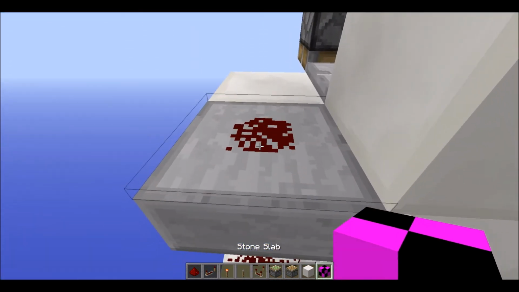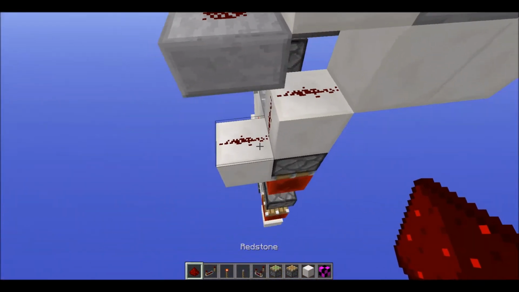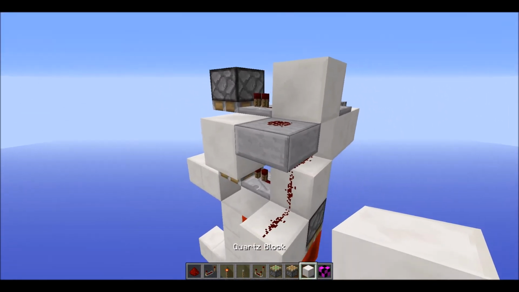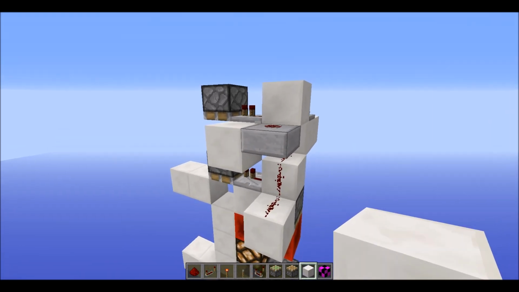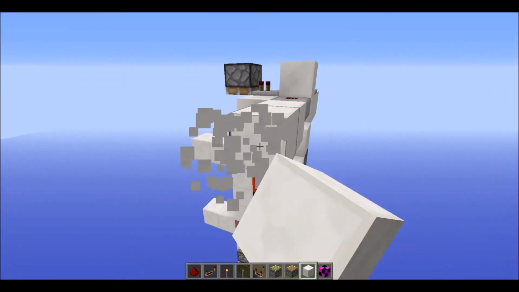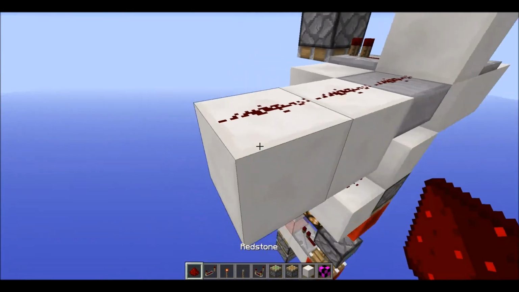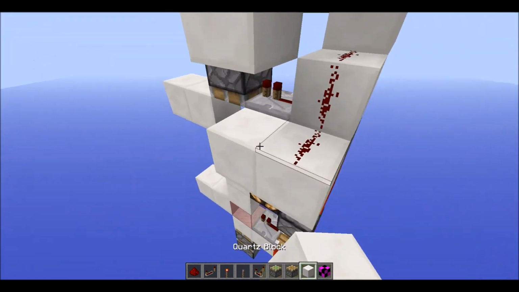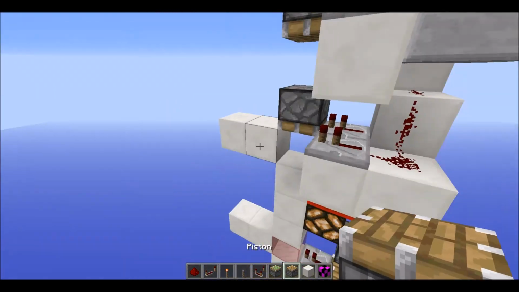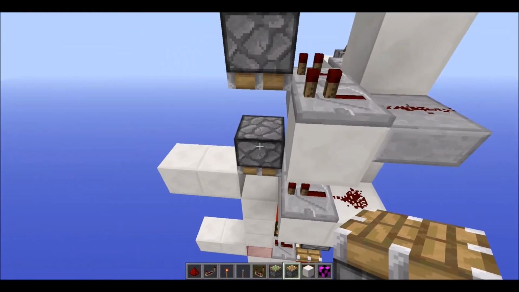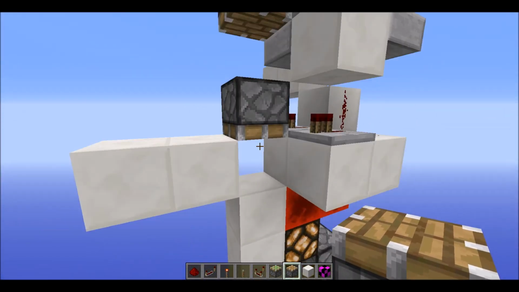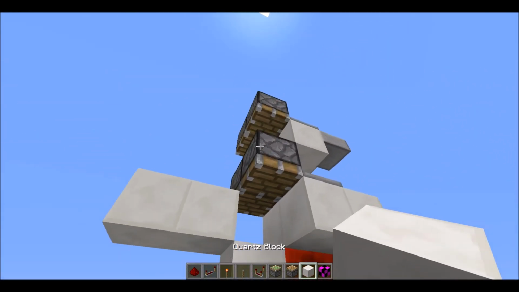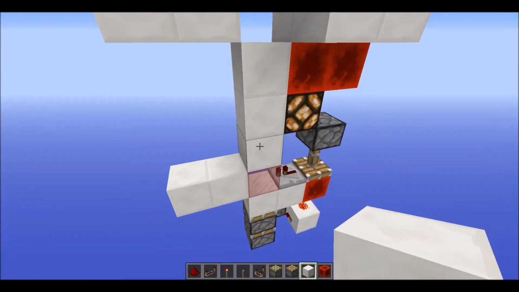And it's because we don't want these two dusts disconnecting. So we're going to have a half slab for the first one, but for every one after that, you can have whatever you want. So you can have a solid block. But then you want to have a repeater on one tick there, and then have another one right there. And it's pretty easy to do the wiring on the top. And you can just expand the layout pistons as well, and also the door blocks right there,